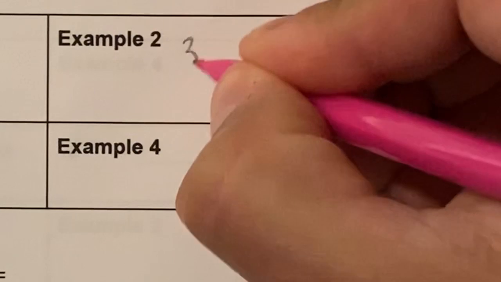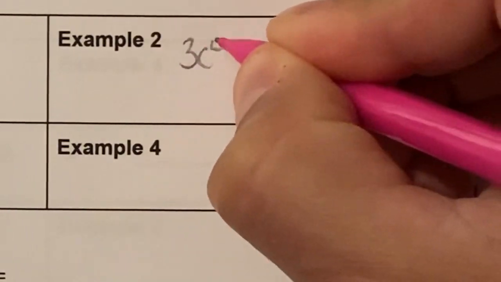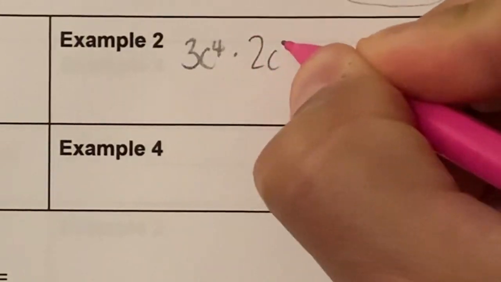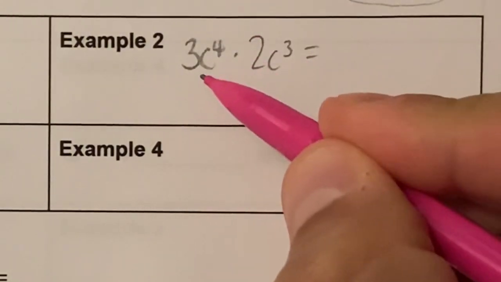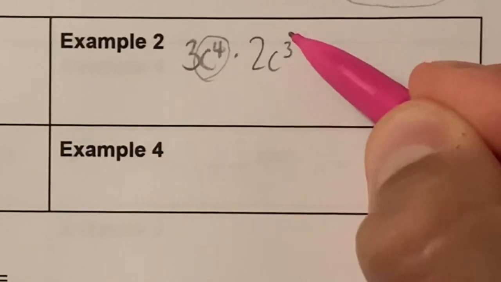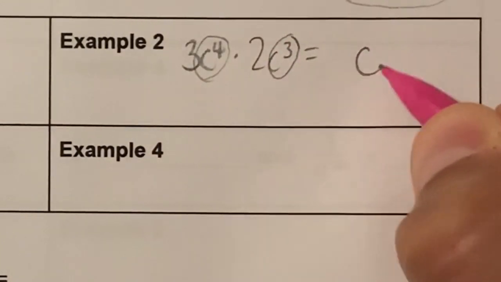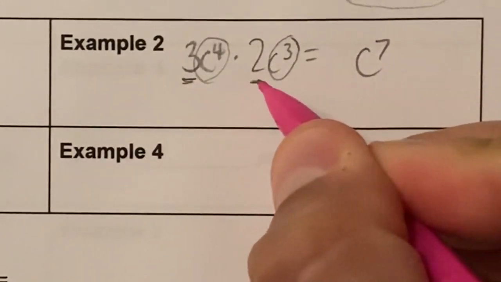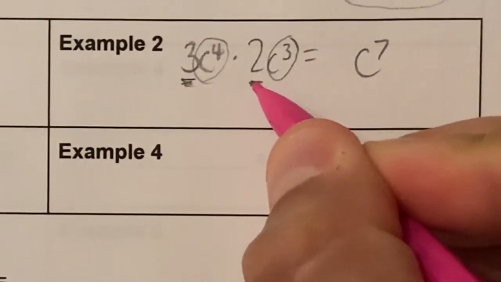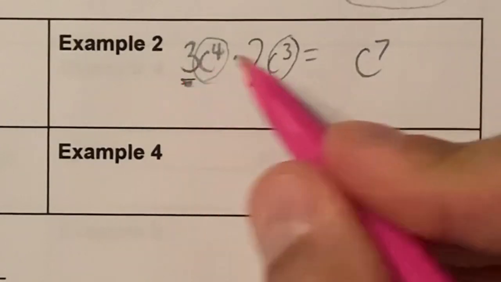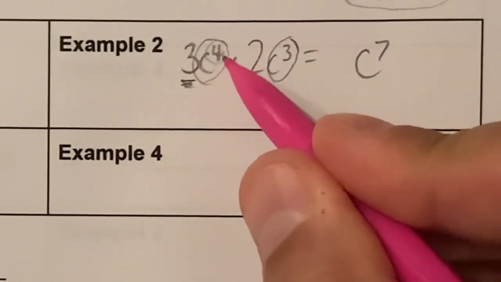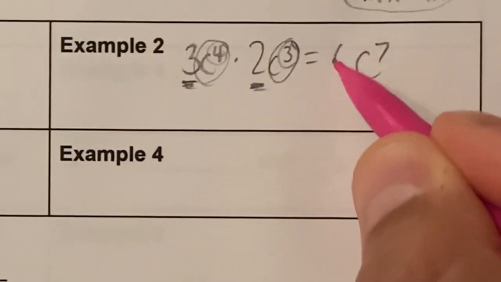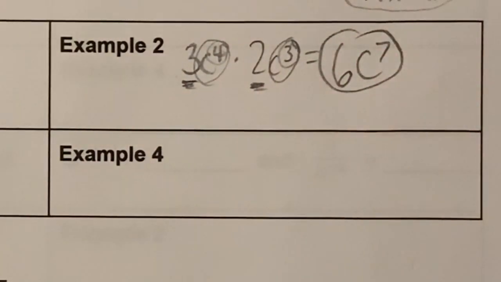Next question, I may have some coefficients out in the front, like if I have 3c to the fourth times 2c to the third. First, I want to think about the exponents. I have c to the fourth and c to the third, and using my property, we can call that c to the seventh. Now, these are not exponents. These are not powers. These are numbers. These are coefficients out in the front, which are multiplied together. Exponents are added, 3 plus 4, and coefficients are multiplied, so I can call my final answer as 6c to